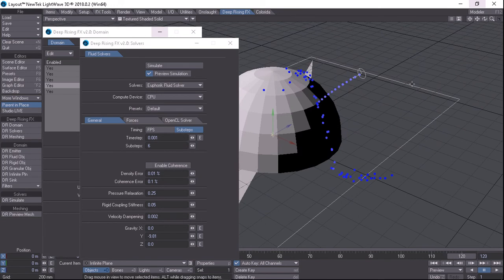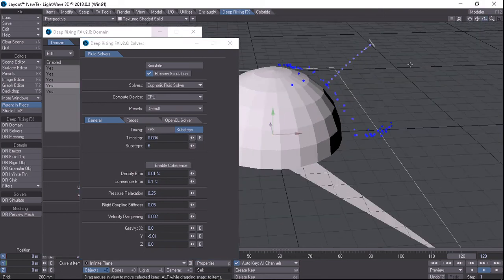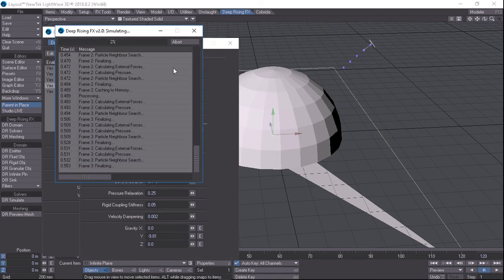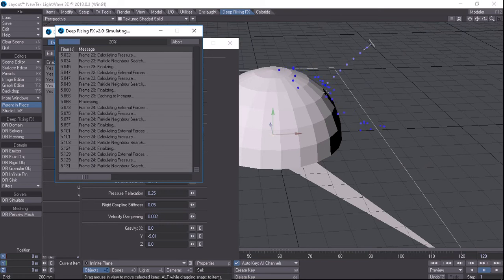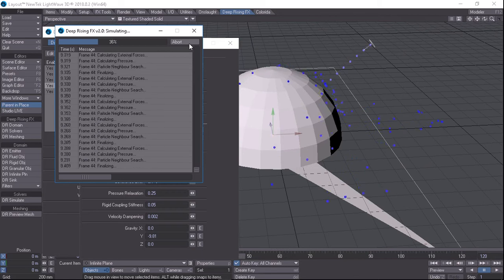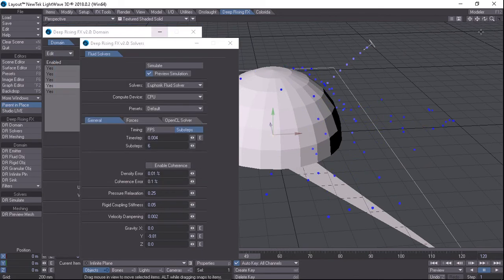So I'm going to put up the time step, and I want you to look at the spacing of the particles in between. So if I hit simulate, you can see the gap is now bigger. Okay, and that directly relates to how SPH actually works. Okay, so let me try to explain this without